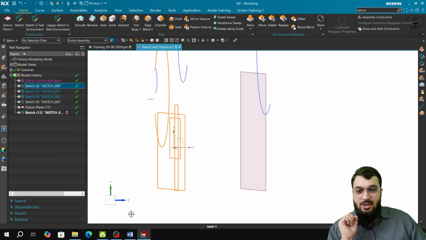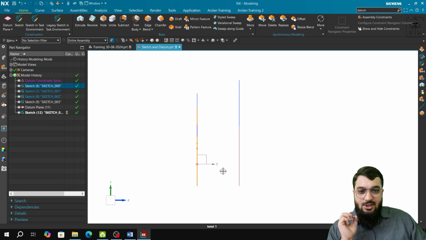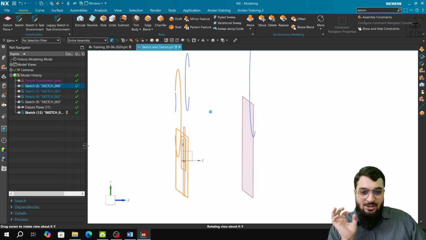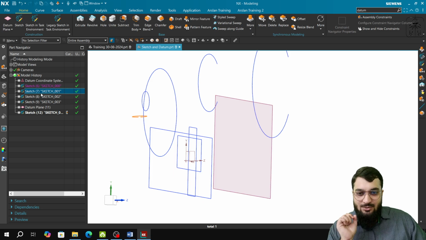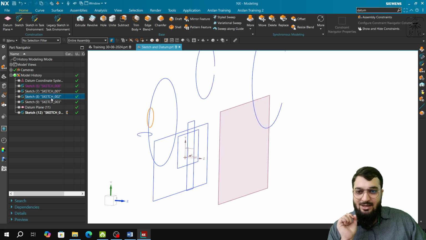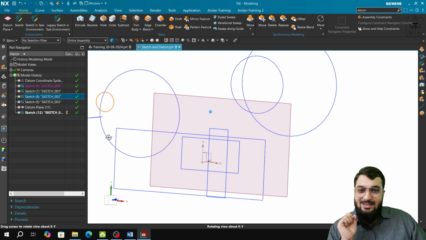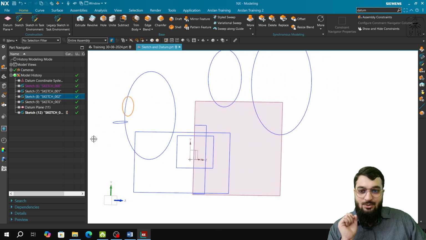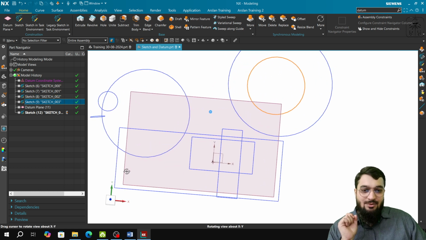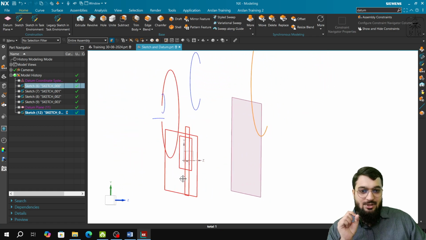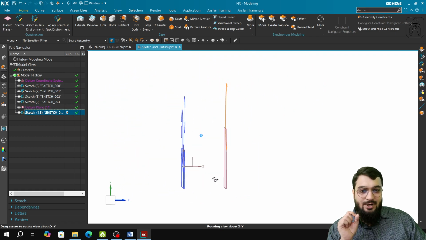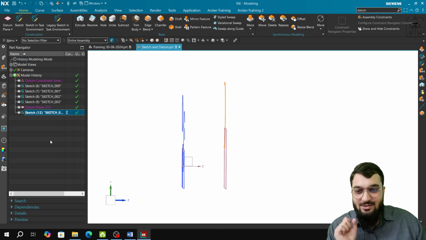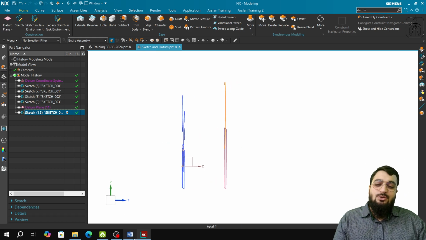And this sketch has already some sketches. So if you see that this sketch was created at the origin, exact origin, this sketch was created in the YZ plane, this sketch was created in the XY plane with an offset of some value, and this sketch was created with an offset of 500 and 500, or something like that, and this sketch was created at this offset. So you can see that it is having offset of z axis. So the point I wanted to let you know is that